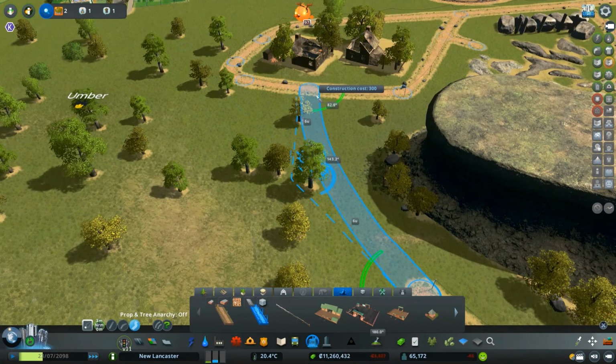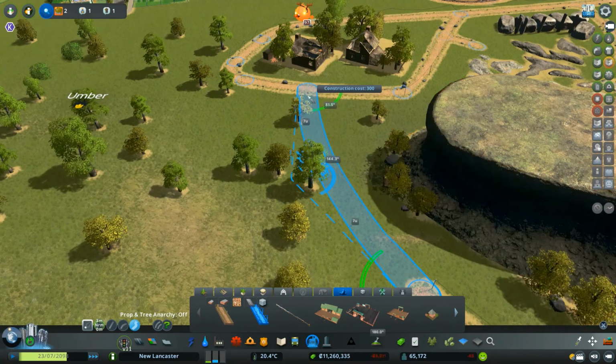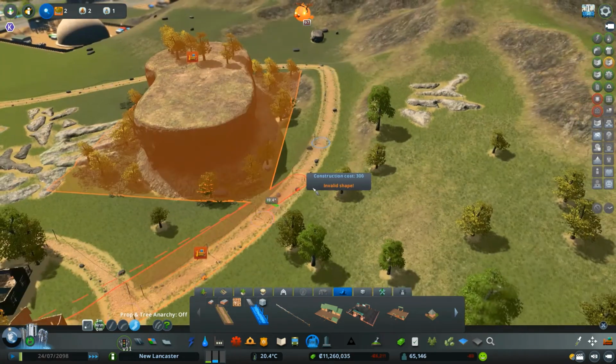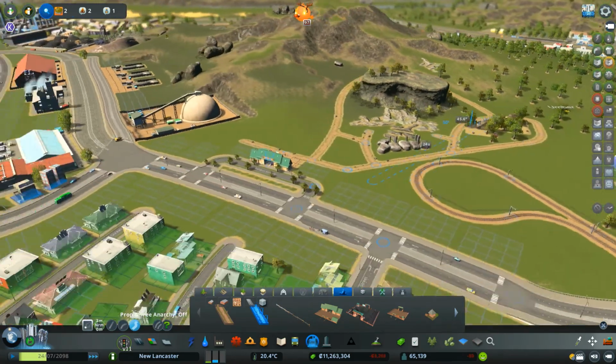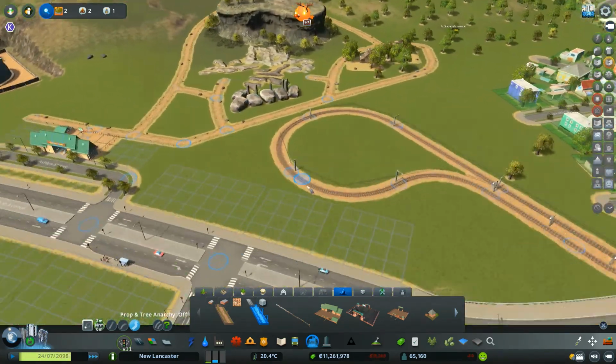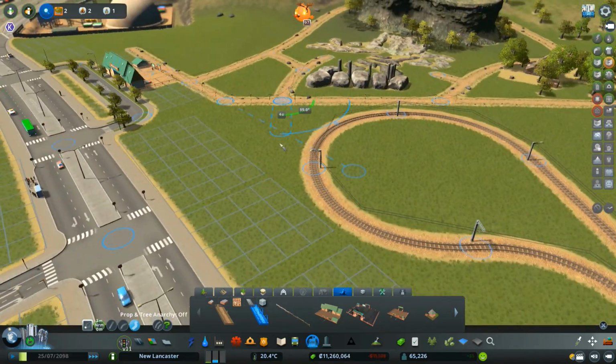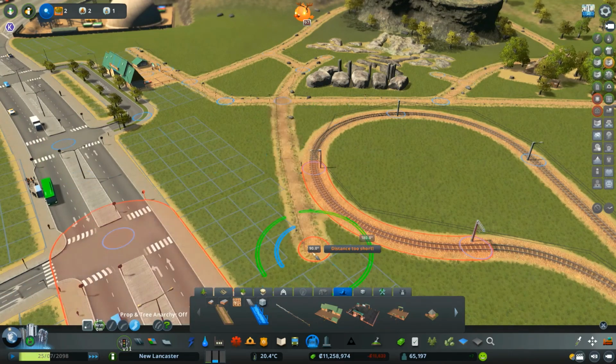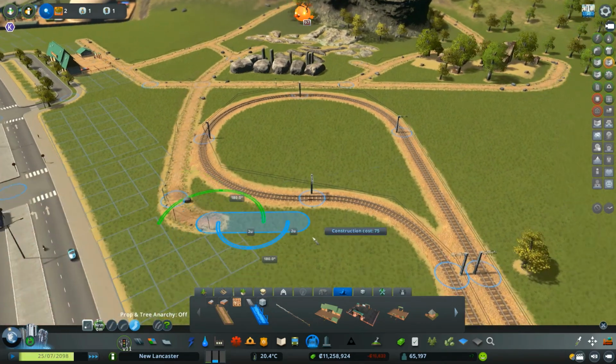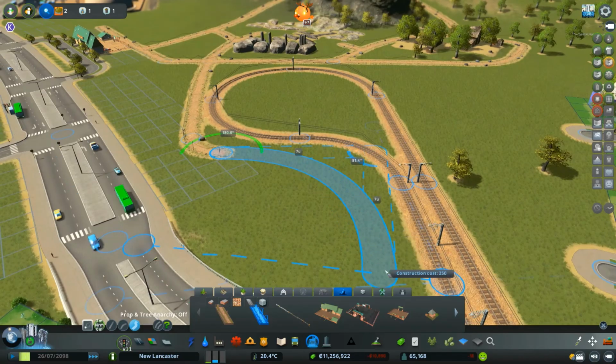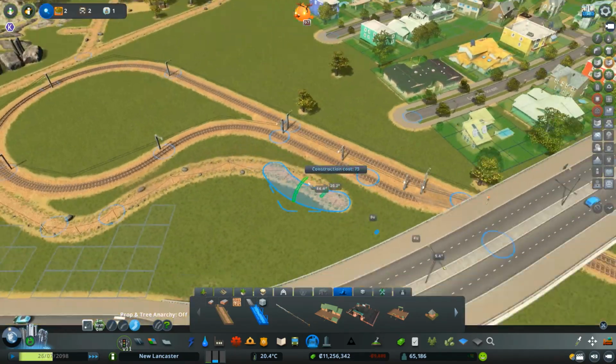Like so. Cool. And then right from here, we're going to get a pathway that kind of comes down over here for no reason.